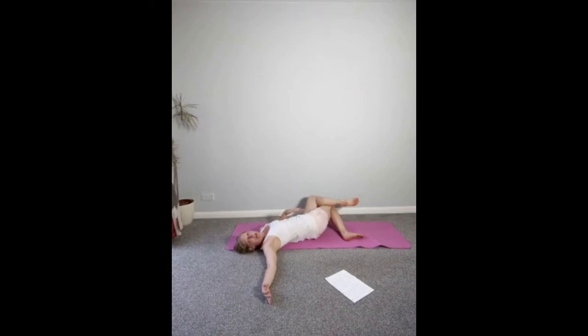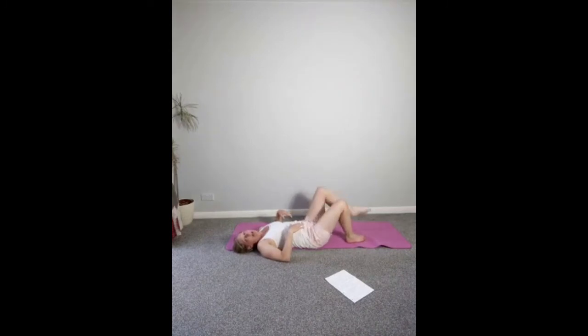Yeah, so hopefully you can feel that. And it's a really nice stretch into the back and the hips as well, the lower back and the hips. Yeah? Okay, and release. So uncross your legs, cross the other one over knee, and just start by just doing a